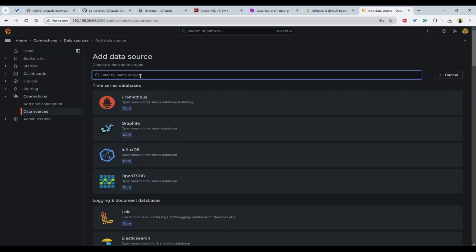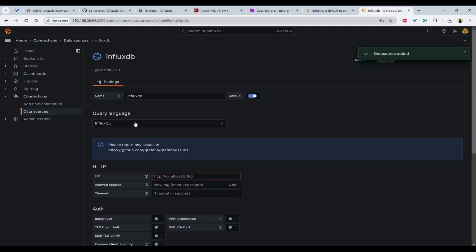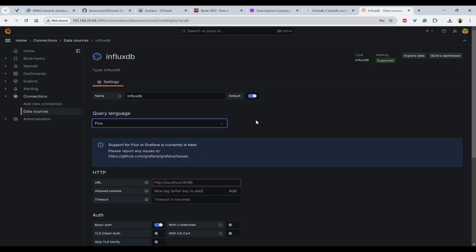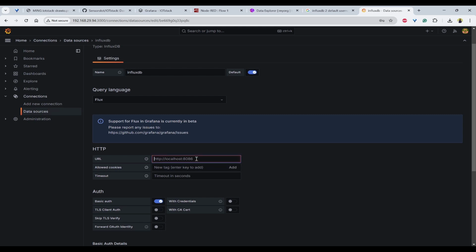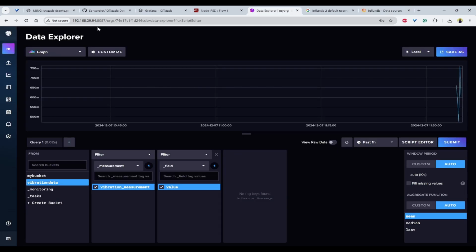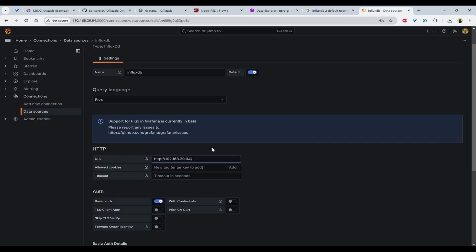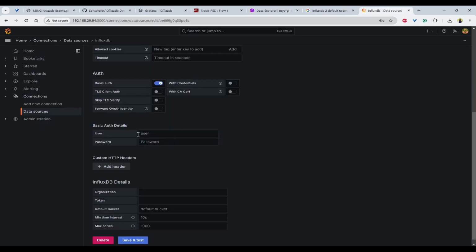Next thing is we need to click on data sources. Here we can search for InfluxDB, and for the query language we can use Flux. You need to provide the IP address, http slash, and the port is 8087. Then the username and password of InfluxDB, that is me and my password.